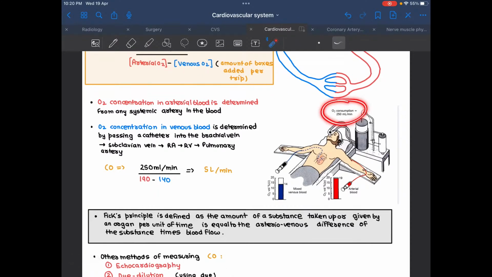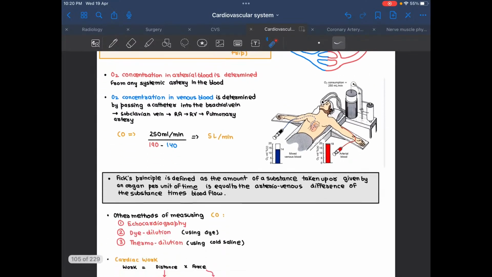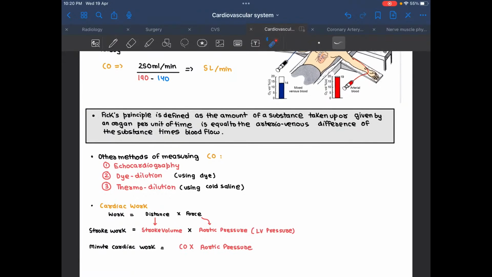We knew the oxygen consumption, we knew the concentration of oxygen in the arterial blood, and we knew the concentration of oxygen in the mixed venous blood. Knowing that much, we can calculate everything. So that is the thing that is present. There are other methods of measuring your cardiac output besides the Fick principle. We're going to discuss that in detail, but for now let's see once again,